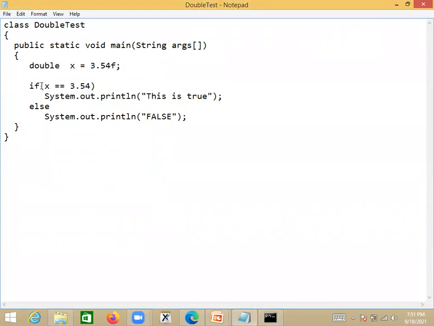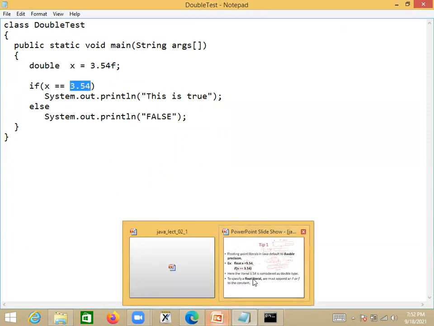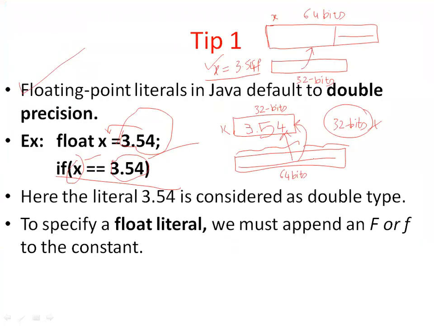Same case. Now X is a double type in which you have stored only 32 bits. But here this 3.54 is stored as a 64-bit number. See here, it will be stored as a 64-bit number. But here you have stored only 32 bits. So what you are doing? You are comparing 64 bits.